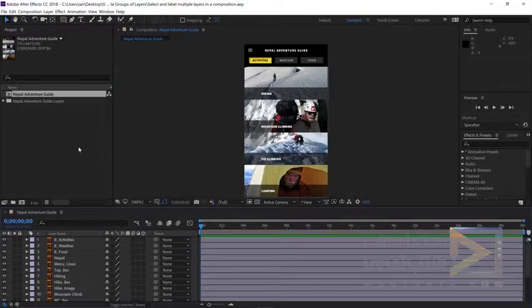One quick way to speed up your daily workflow in After Effects is to become a master in how to quickly group and select multiple layers for animation. In this tutorial, we're going to better organize this multi-layered composition by dividing layers into groups using labels and some keyboard commands. The composition we're working on is a pre-visualization for a smartphone app, and so the aspect ratio is